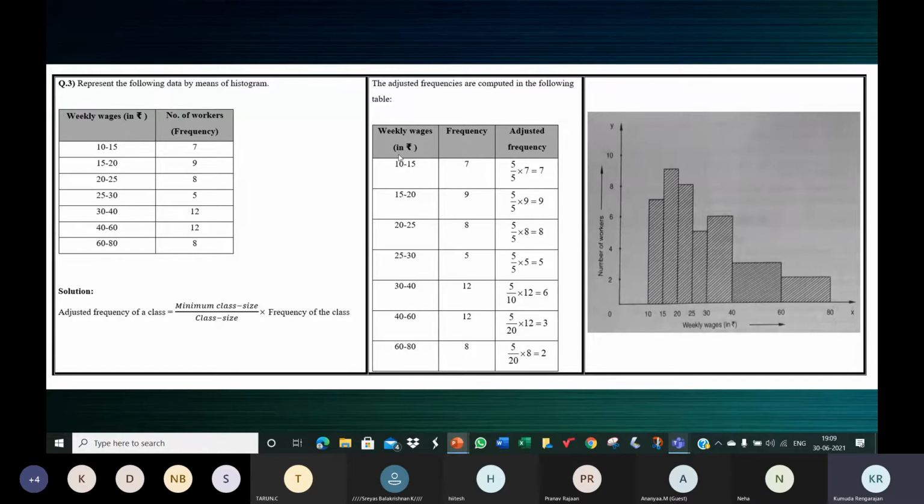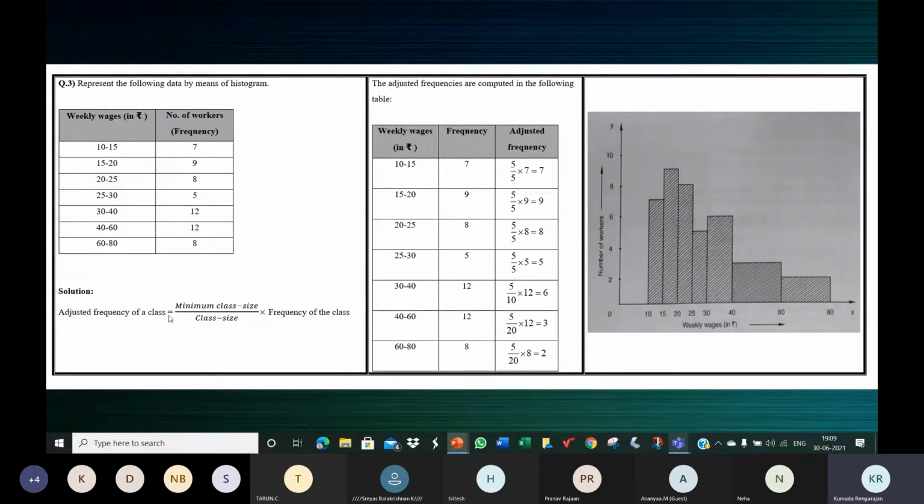So the change we have to make with this frequency distribution is that we need to find the adjusted frequencies all pertaining to the class width 5. The smallest class size is 5. So we are trying to find the frequencies pertaining to the size 5. You don't have to change the class intervals. The frequencies will change. And for that, we understood this formula in the last class.